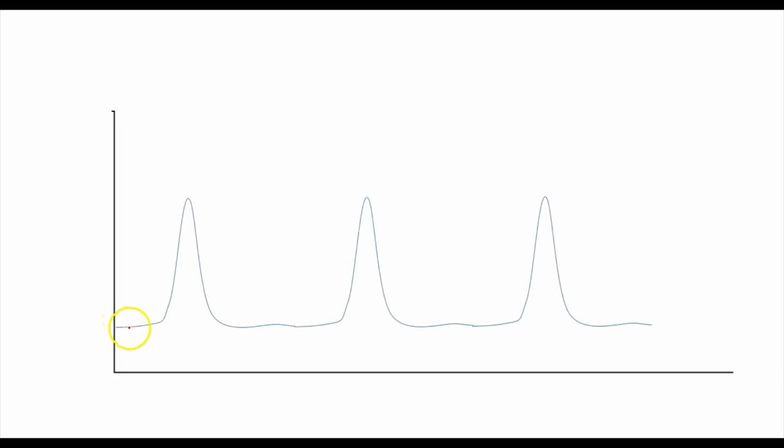This graph here shows how the blood glucose level changes over the course of a day, where each spike here represents the spike in the blood glucose level following the glucose load in a meal. As discussed in the previous video, these spikes in blood glucose levels are detected by the pancreatic beta cells, which leads to an increase in insulin secretion, shown by this red curve here, which closely follows the spike in the blood glucose level, and therefore leads to the blood glucose level returning to baseline, followed by the insulin level also